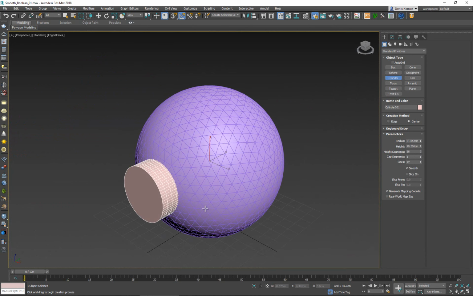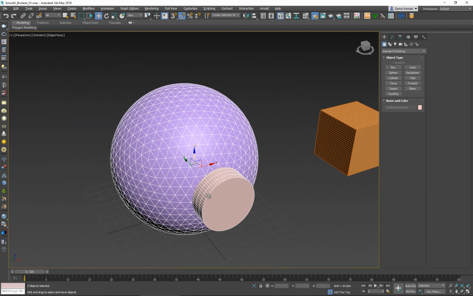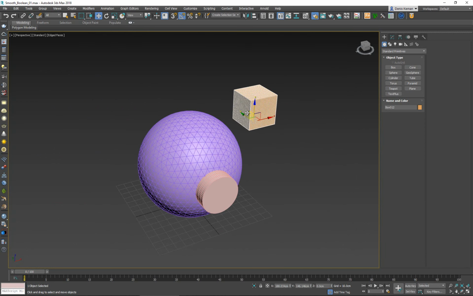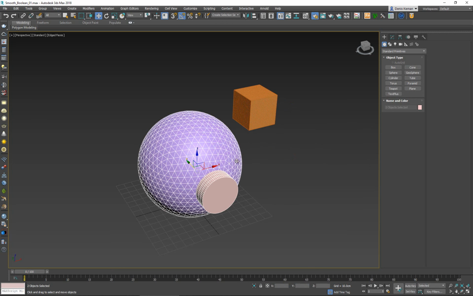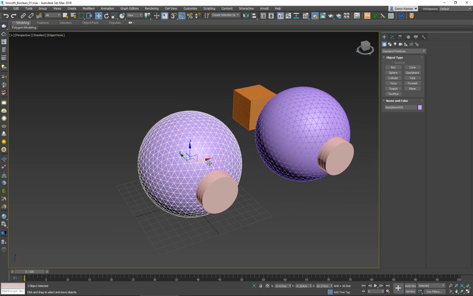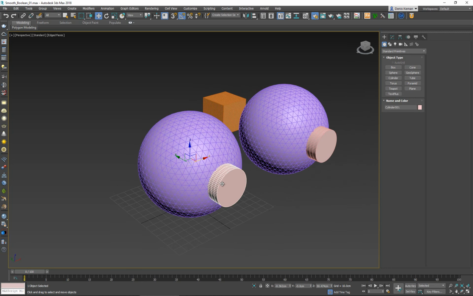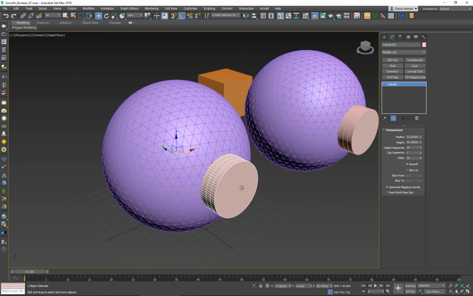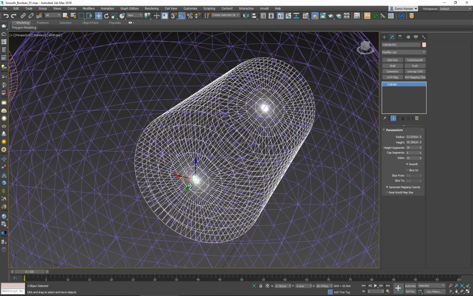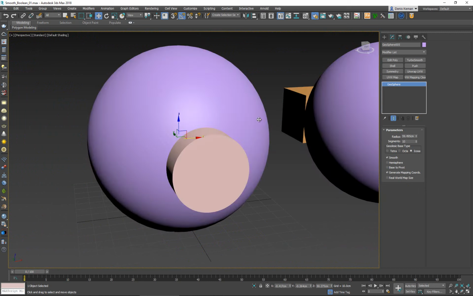Now, again, if I want to do a very, very simple Boolean, I'm going to make one copy of this thing and put it to the side. We still want to keep this if we want to continue subtracting cubes, just so I don't have to do it again. I'm going to put it over to the side so we can test it. Now, like we said, we need to have more geometry, so I'm going to increase the cap segments, maybe something like this. Again, the same thing is happening on the inside. And what I'm going to do is